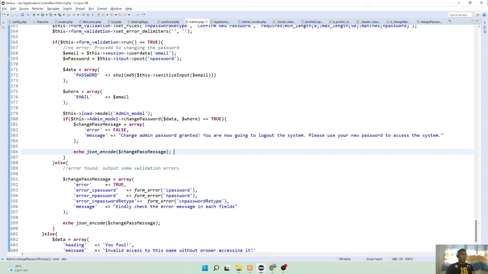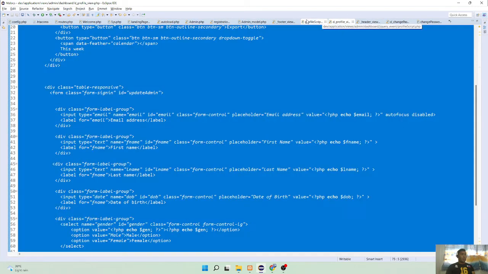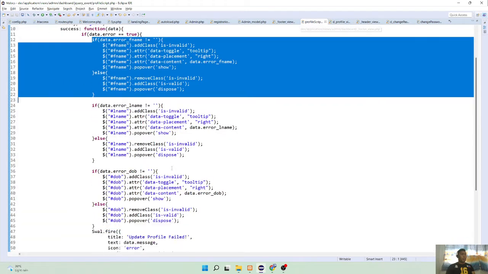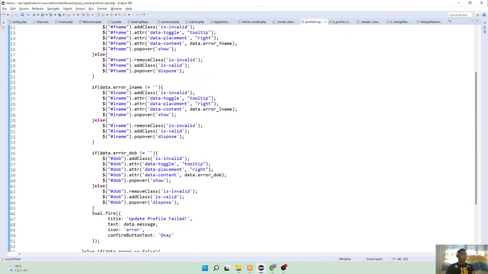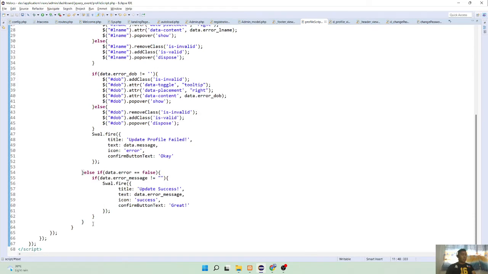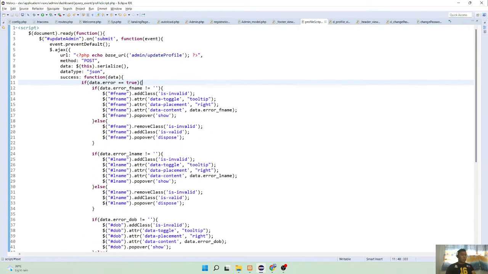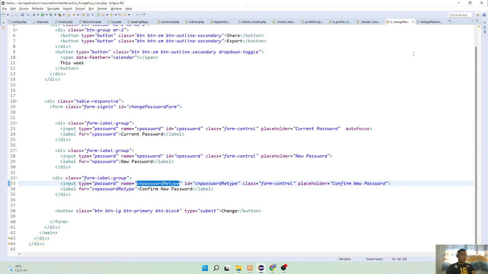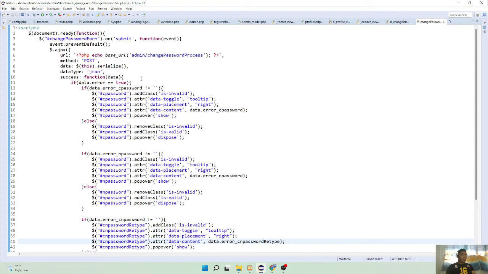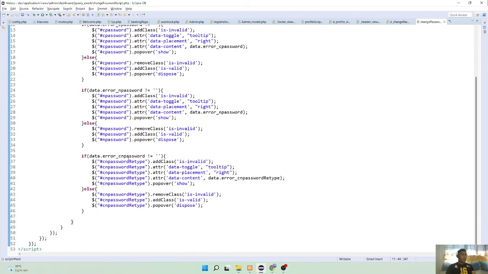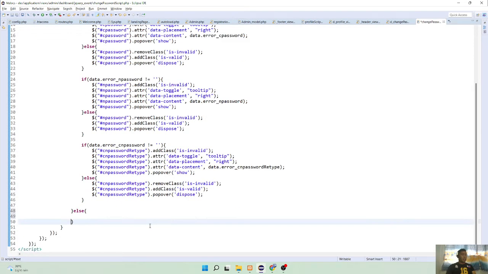Go to the profile. We can go to change password. So if it is false, else, let us just directly